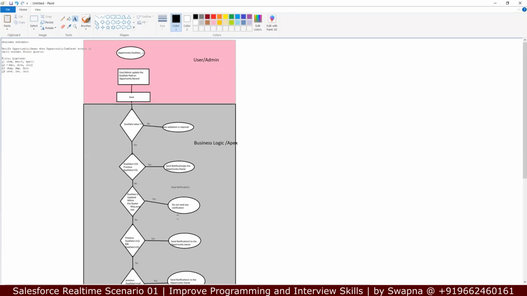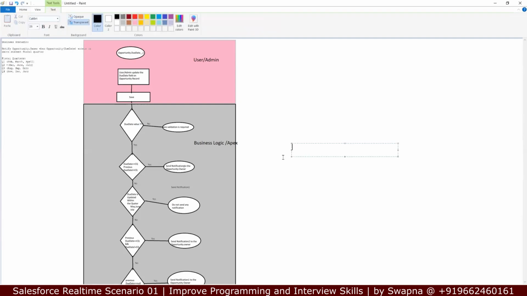And for this, the next step is writing down the test conditions. What are the test conditions here? The first one is the same thing, whatever we are doing, we have to do it in the test condition. So the user or admin updated the opportunity due date